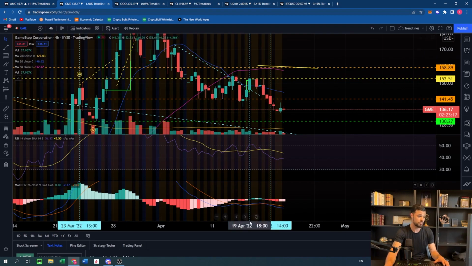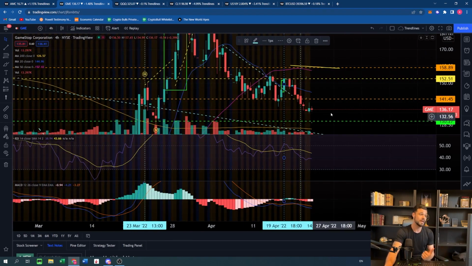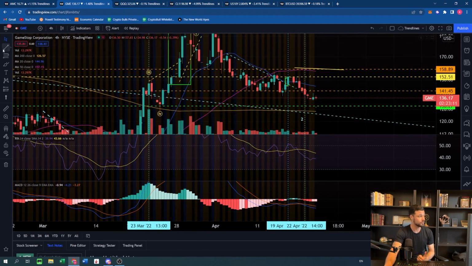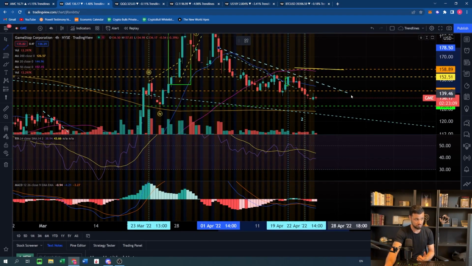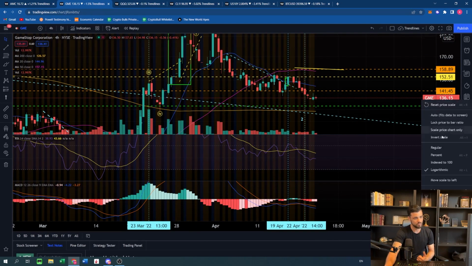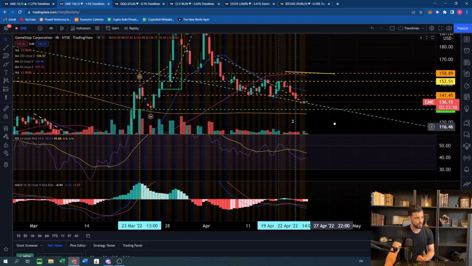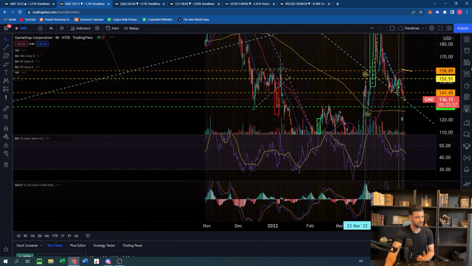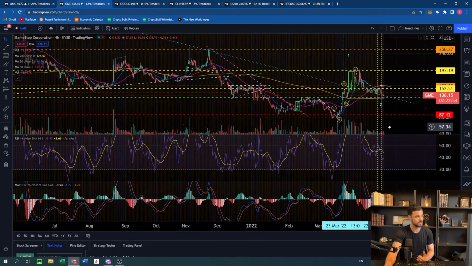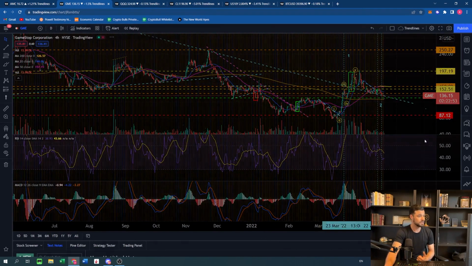So once again, a breakout without a bullish divergence is totally fine. If we have the volume increase and the breakout happens after consolidation on low volume, then we're good. But here, I don't really know where to put this trend line. I'm here using the logarithmic scale. Let me go on the regular scale, because once again, you guys know that on GME we are using the regular scale.